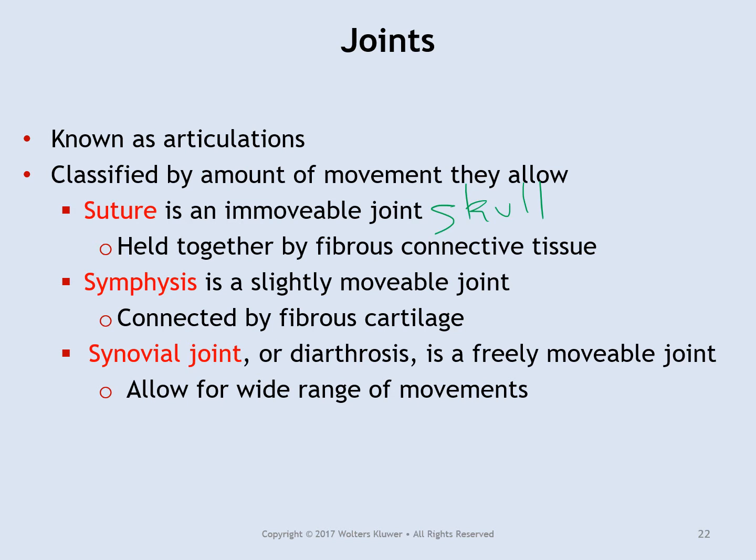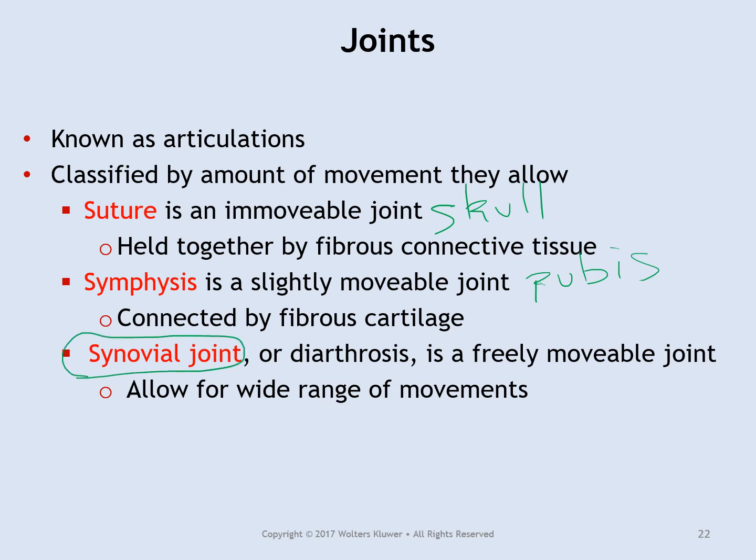A symphysis is a joint with a little bit of mobility. We looked at a symphysis when we looked at the pubic symphysis in between the two pubic bones. This is held together by a little piece of cartilage. Your spine is also made up of a bunch of symphyses. You have little cartilaginous discs in between each vertebrae. And then the joint that you usually think of when you think of a joint,